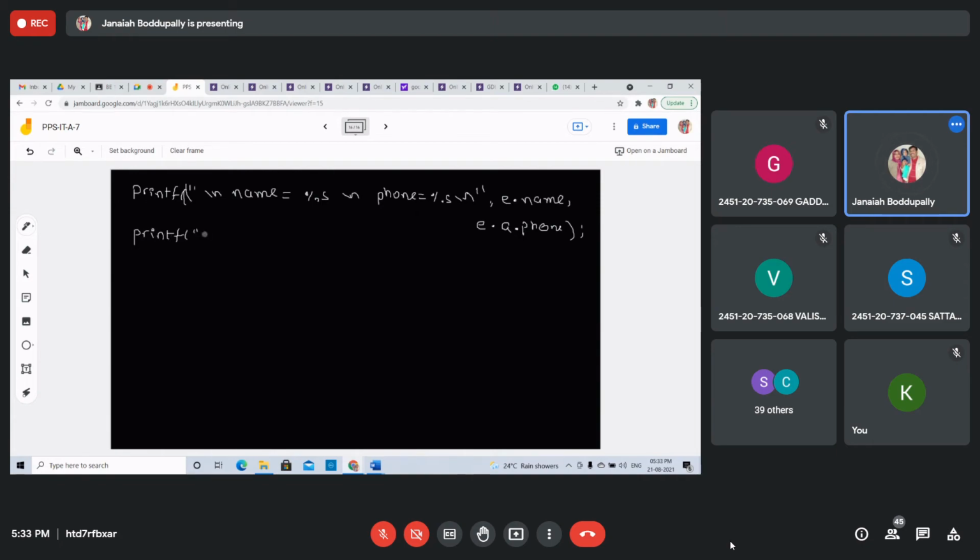One more printf statement. Printf, backslash n, 2 more. City equals, this is also a string, percent s, backslash n. The last one is pin equals percent d. Right? Now how to access these 2 also? They are not direct structure elements of employee.